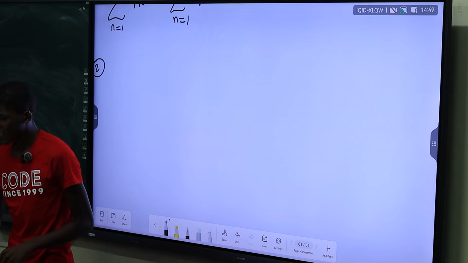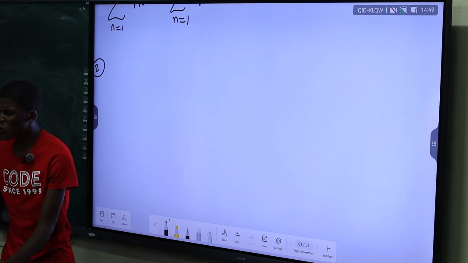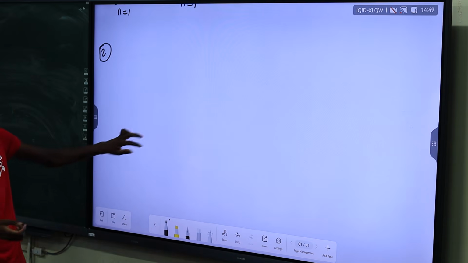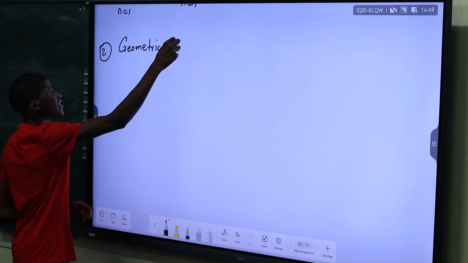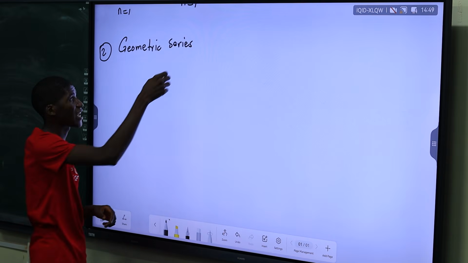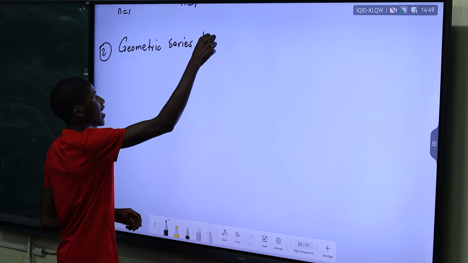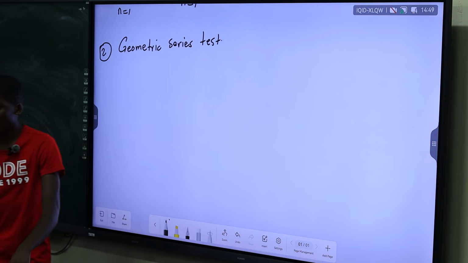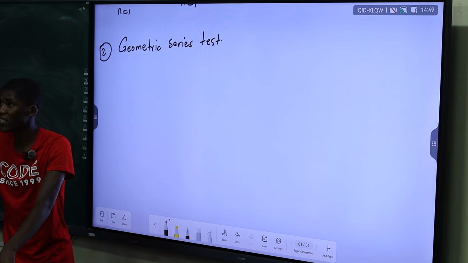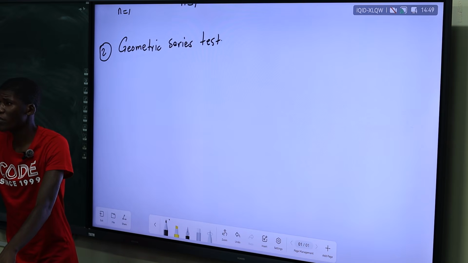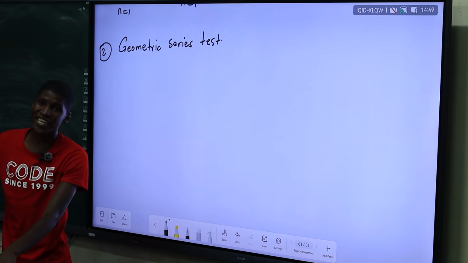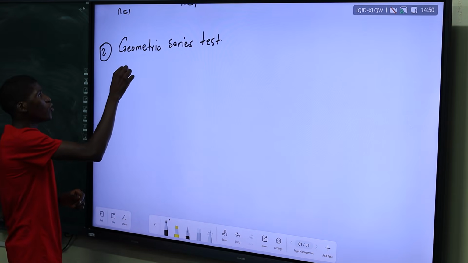All right. The second test is the test for geometric series. We are just overviewing it. What we did last time, we need to remember. How do we see if a geometric series is convergent or divergent? What do we use to see that? The value r, yes, is the ratio of the geometric series. So the constant ratio, you look at the constant ratio.